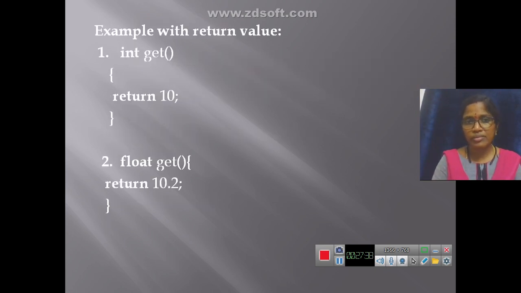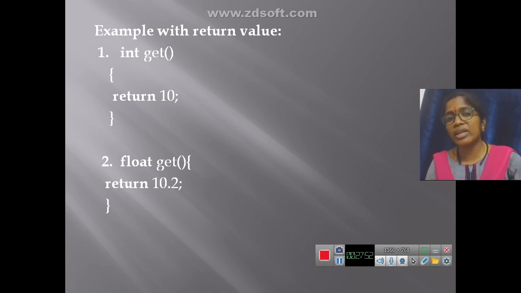Right? So with return values, I have taken two examples. Integer get: get is a function name, and the return type is integer. What is it returning? 10. 10 is of type integer, so it is returning 10.